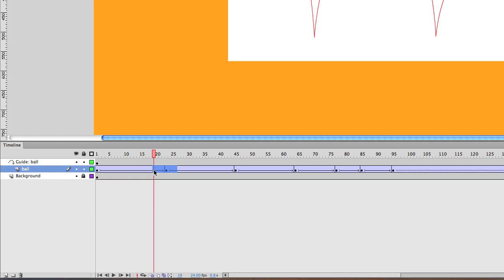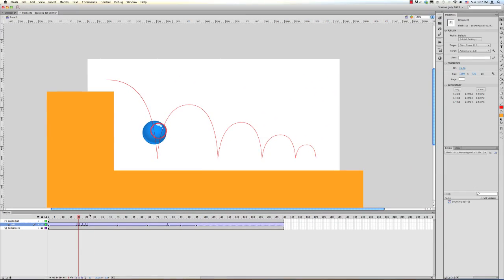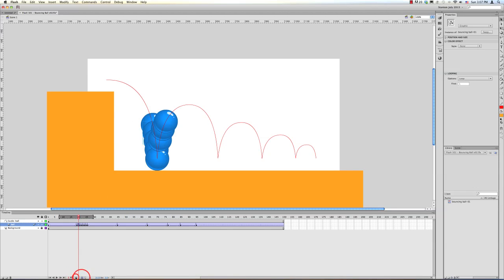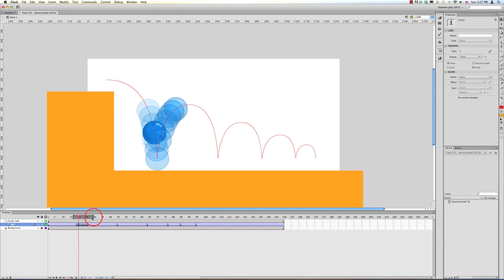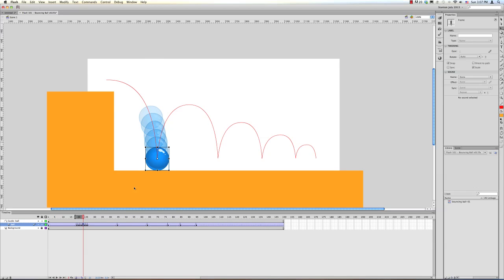Maybe all of that. I'm just going to key all of that. And then beginning with this frame and using onion skin like we did before. So by keying all of those frames, I basically bake in the timing of the easing. Boom, and there's my impact frame. Whoops. I can even lock my motion guide or hide it at this point. I'll just leave it on because I can use that as a visual